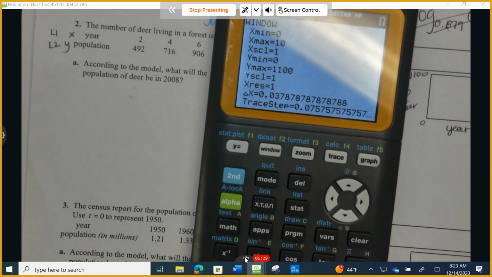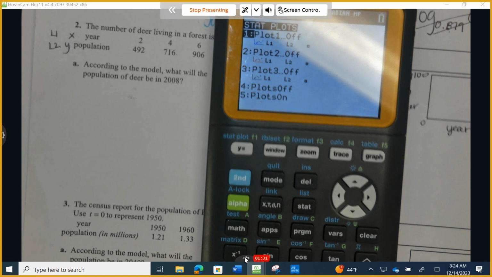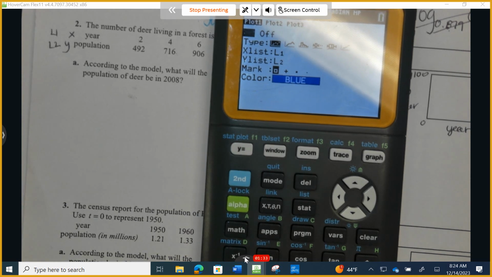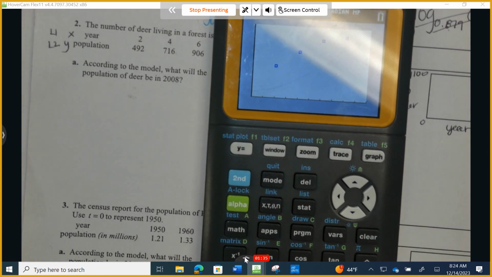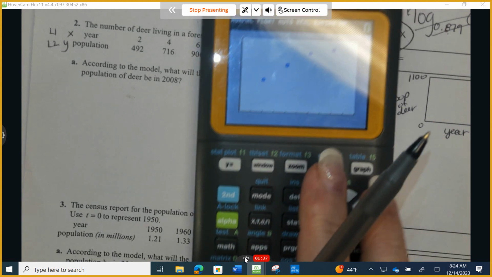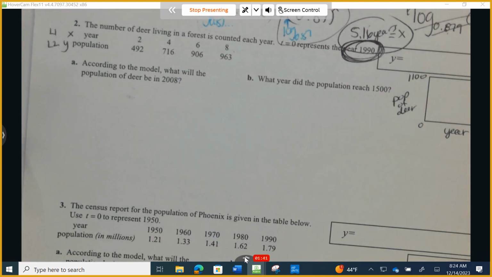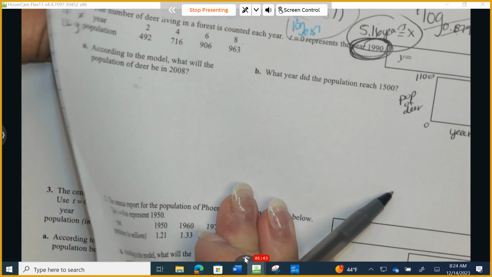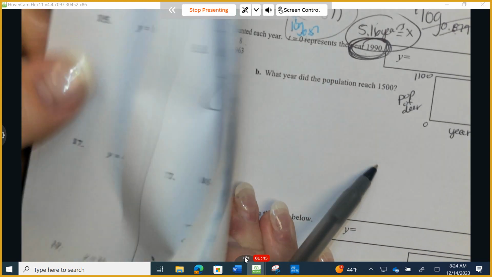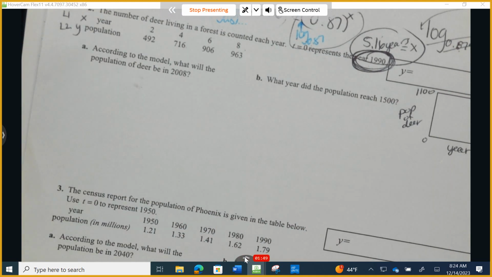All right, so at this time, we're going to go second scatter plot and turn it on since we previously cleared our calculator. Now let's take a look at this. Now I can see this looks like it's going to be a U shape that's trying to go like this. Let's compare to what we talked about before we did video 1. Let me find those. I got it here somewhere. You guys that are in front of me, look at your